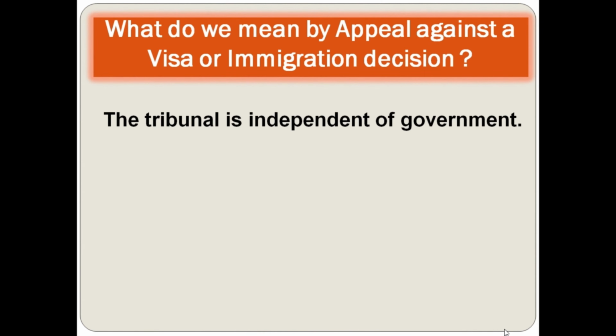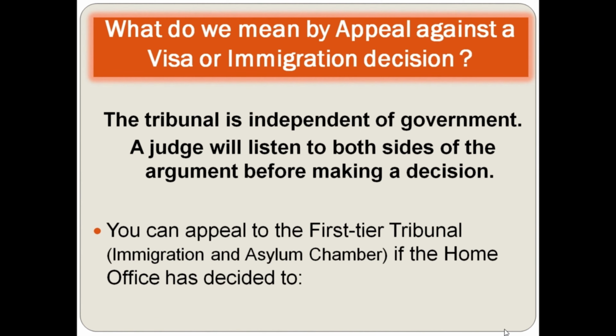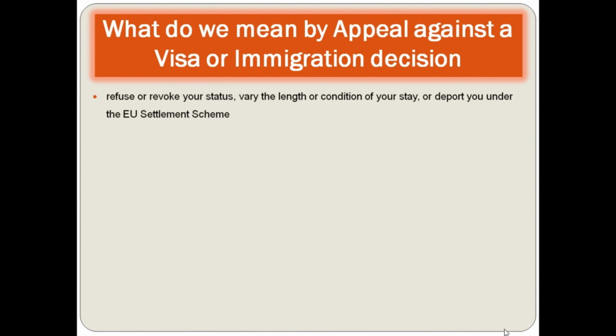What do we mean by appeal against a visa or immigration decision? A tribunal is independent of government. A judge will listen to both sides of the argument before making a decision. You can appeal to the First-tier Tribunal if the Home Office has decided to refuse or revoke your status,